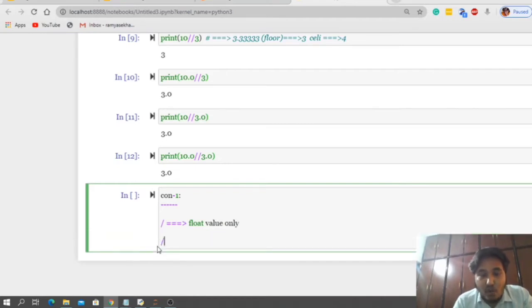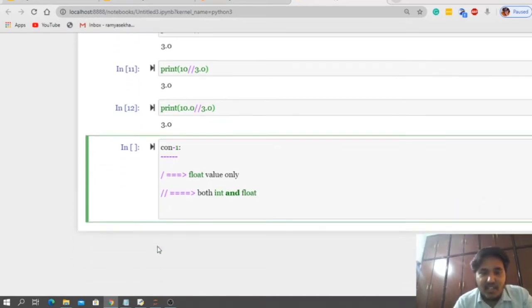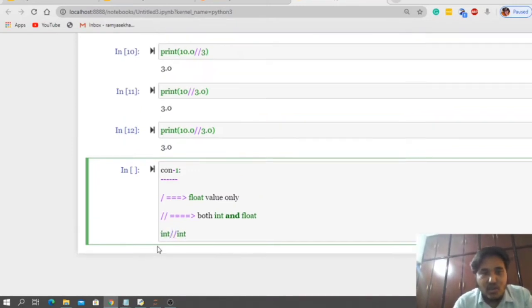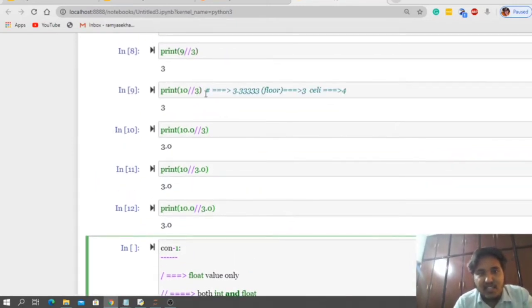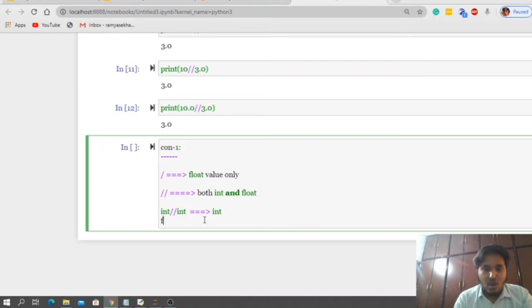Whereas floor division is returning both int and float. When is it returning float and when is it returning int? If you take 10 by 3, 10 is int, 3 is int, right? In that scenario we will get int only.